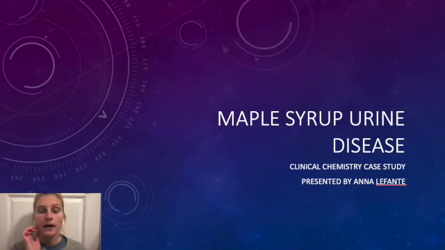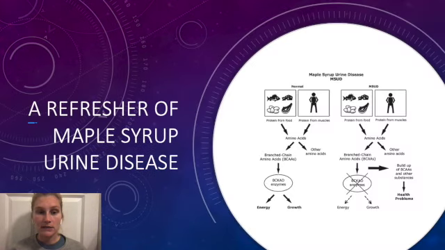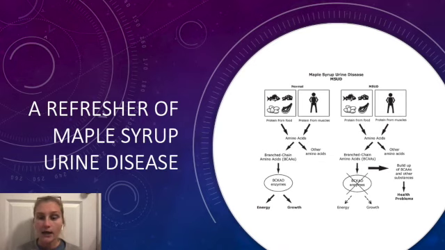Hi, everybody. I did my case study on maple syrup urine disease, and because it's such a rare disease and we don't really hear about it that often, I thought it would be a good idea to do a quick refresher of it before we get into the actual case study that I chose. So basically, maple syrup urine disease is a metabolic disorder that's autosomal recessive, so it is inherited, and it occurs